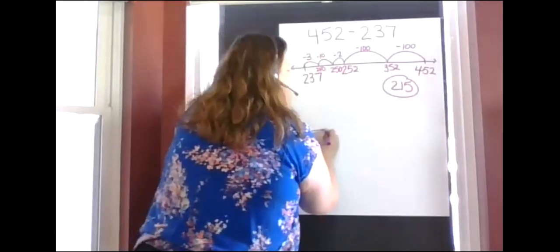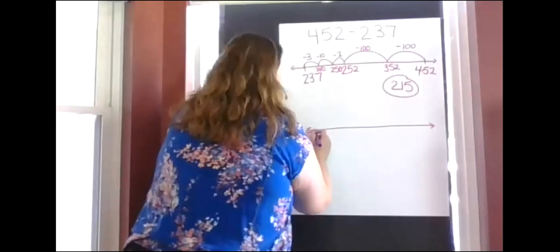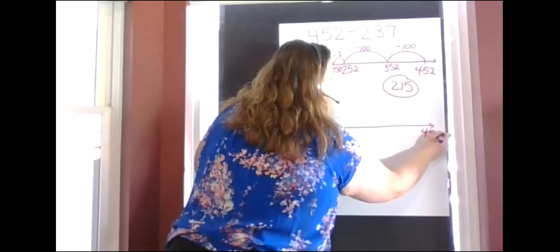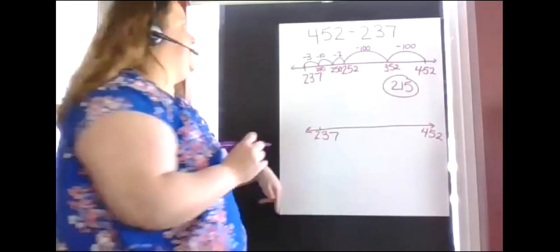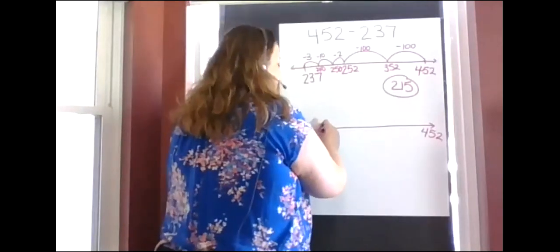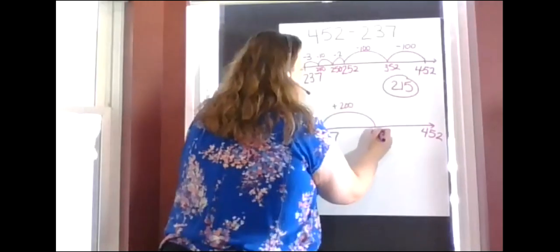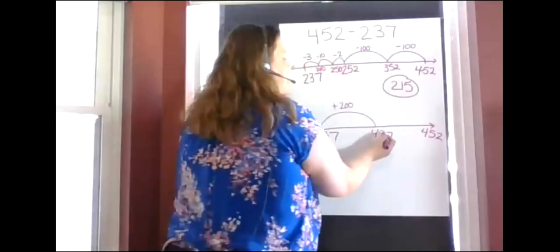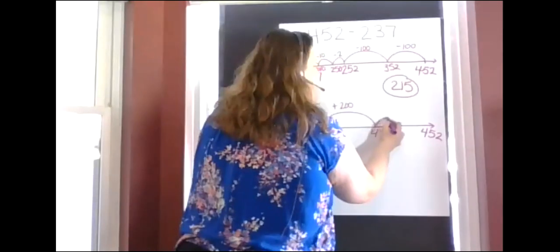Now, if I wanted to think about jumping up to count up, I'm still starting now. I'm going to start at the 237. And I know that 237 plus 200 is 437. I now know 437 plus 10